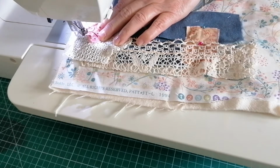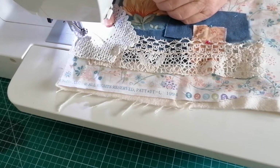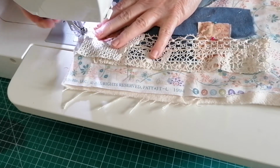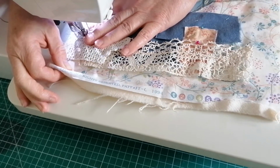I left that bit in because it kind of looked perfect for the... There's like a triangular bit under here, diamond shape there. This, although it's not perfect, it's fine. It's fine, as they say. I don't know who they are, but